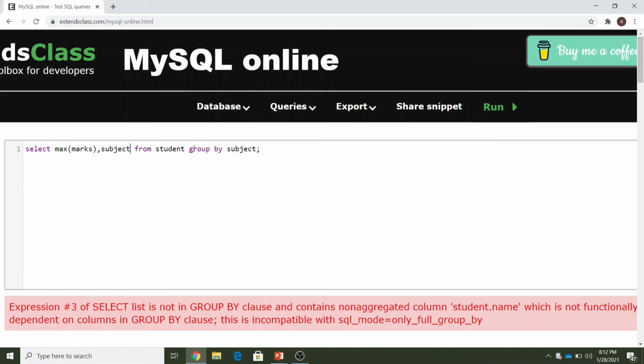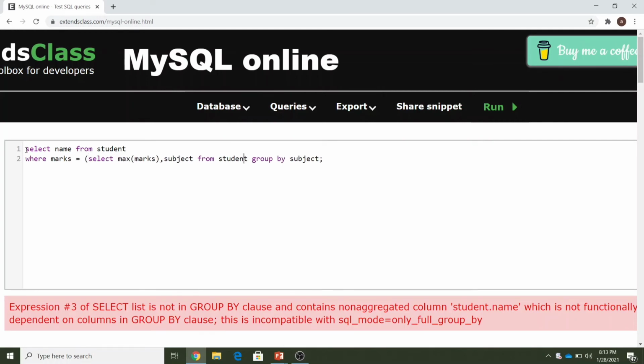So this much is fine, and now we can see that we cannot actually mention this name column in this query. So we actually need to change our answer, right? Another answer could be that we can just do select name from the student table, and we can apply a where keyword, where marks is equal to,